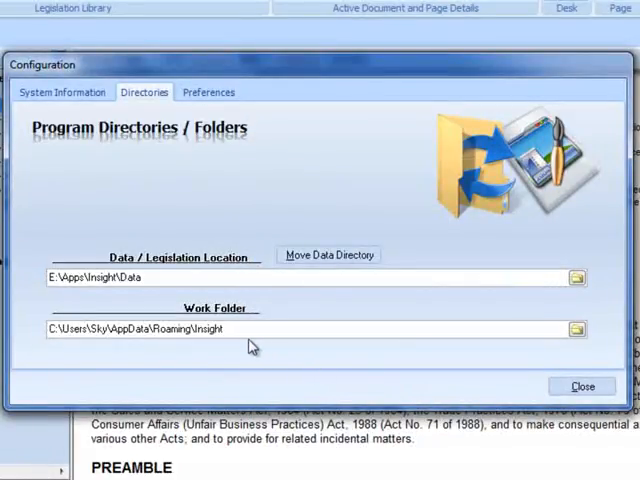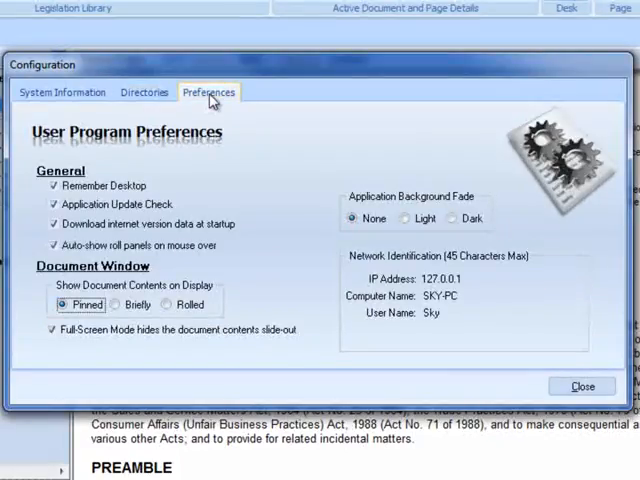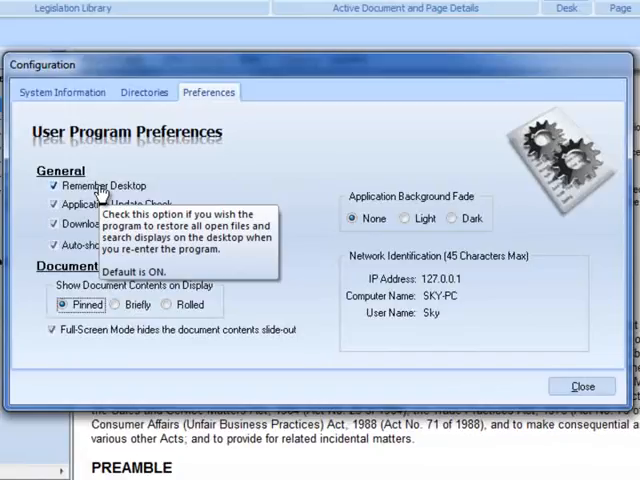Next, the Preferences tab hosts all the settings which will define how Insight will appear on the screen for the workstation. The general options show the 4 settings that may be adjusted. Remember the desktop, when selected, will hold the last view which Insight was closed at. Deselecting the tick box will cause Insight to open with a fresh library access start rather than the last